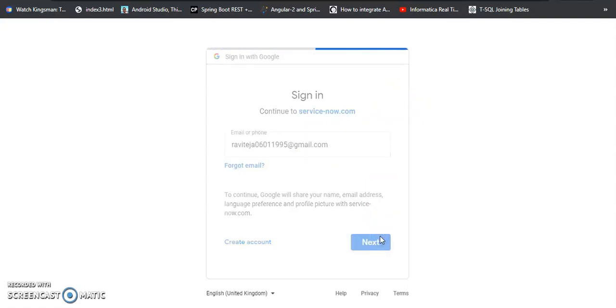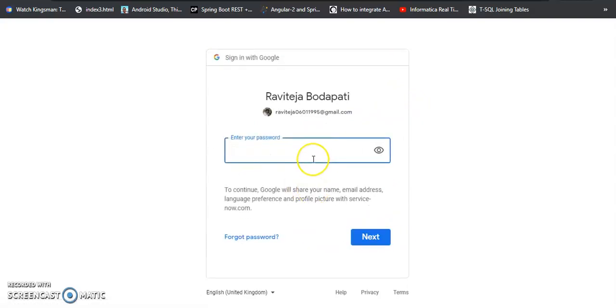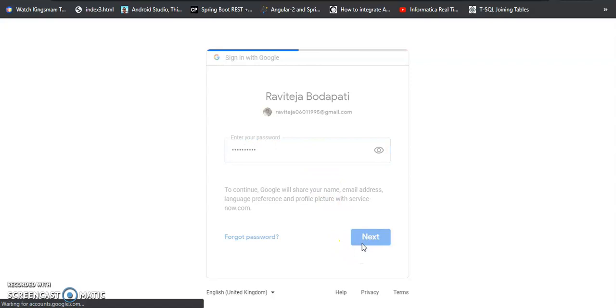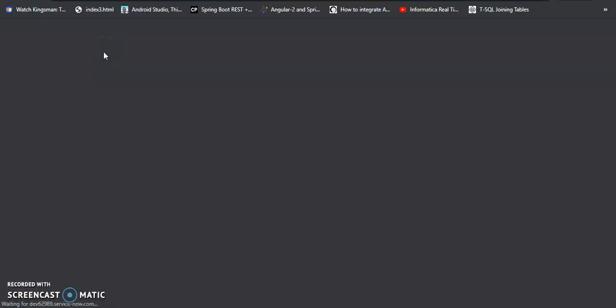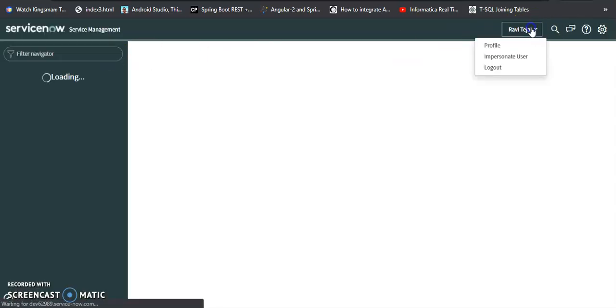When I click on next, it will ask for the password. Yeah, it's redirecting, and finally I'm able to log in. See, this is my account and I have logged in with this one.